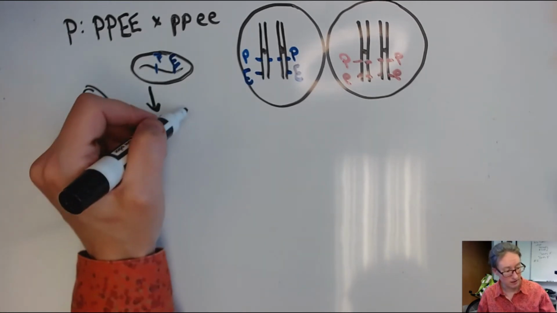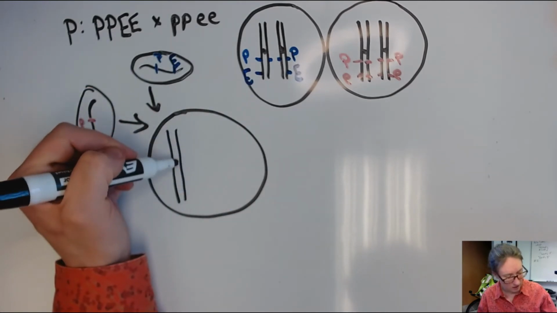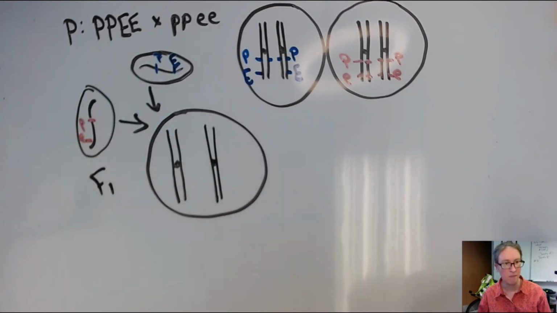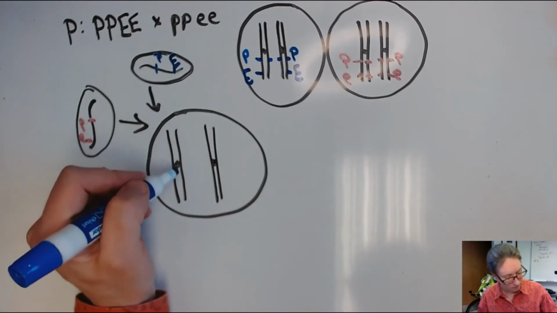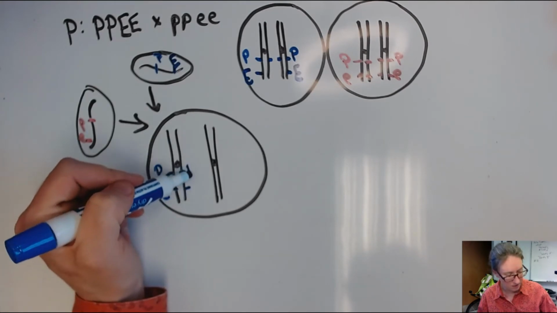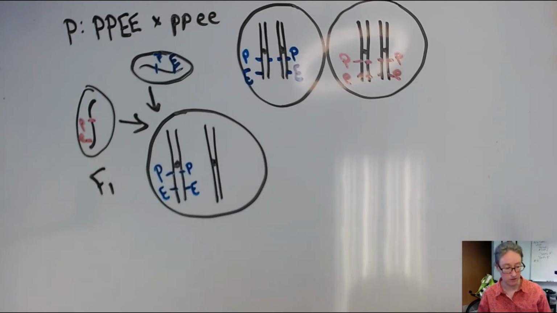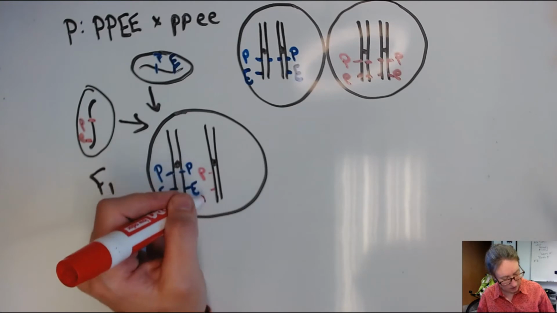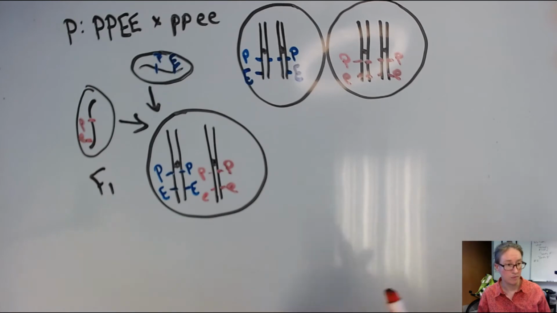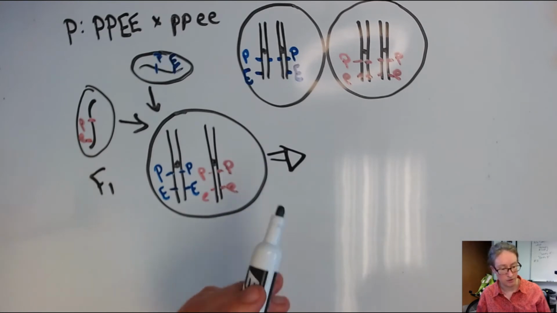Then fertilization is going to happen, and the result, if we look at the start of meiosis in the offspring, so here's our F1 generation. Now what we have is offspring that have a big P and big E on one chromosome. And remember, these are sister chromatids, so they're identical to each other. And a little p and a little e on the other chromosome. So when this individual goes through meiosis and produces gametes,